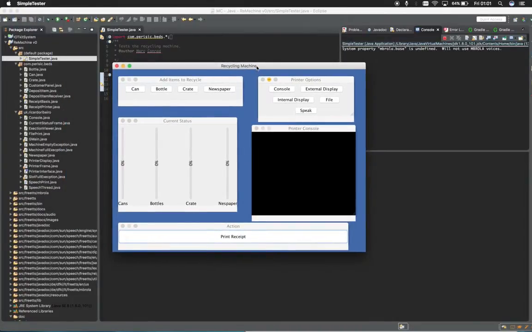In this case, the GUI looks like a virtual desktop with windows within it. On the top left corner, we can see a window called Add Items to Recycle. By clicking on any of the buttons, can, bottle, crate, newspaper, we can visualize this automatically updating on the current status window. In case the user exceeds the maximum limit of a slot, which is 20 items,